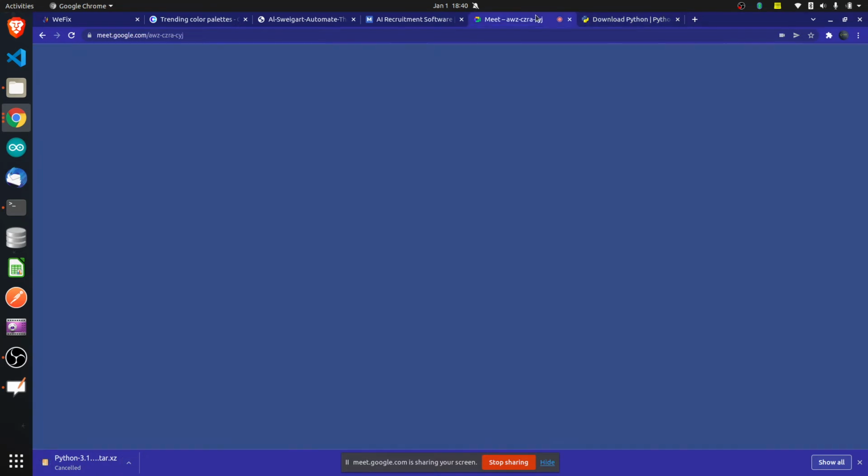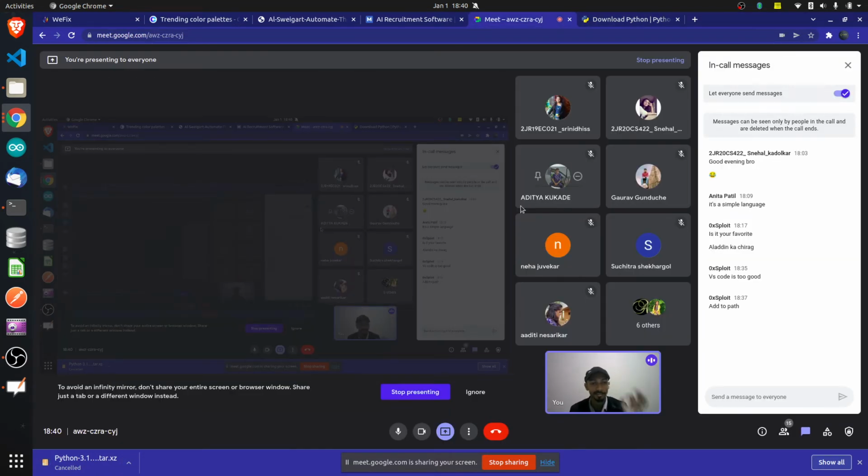Again, very simple. Just click next. Most important point, don't forget to tick mark add to path. Again, one time I am telling you this. While installing Python, you will get one option there, add to path. Tick mark that. If you don't tick mark that, you might get some error. If you get that error, then just drop me a message, because we will have to manually add it to the path. By going into environment variables and all those kinds of things we will have to do. So that should not happen to you. So add to path.